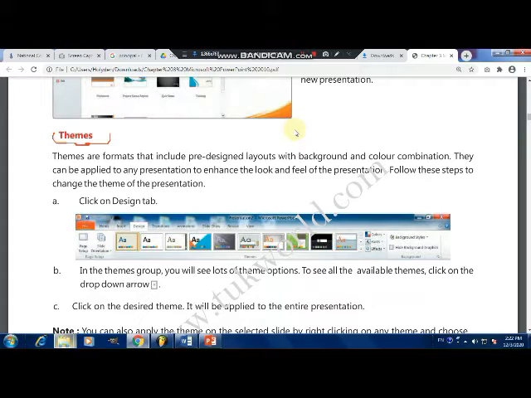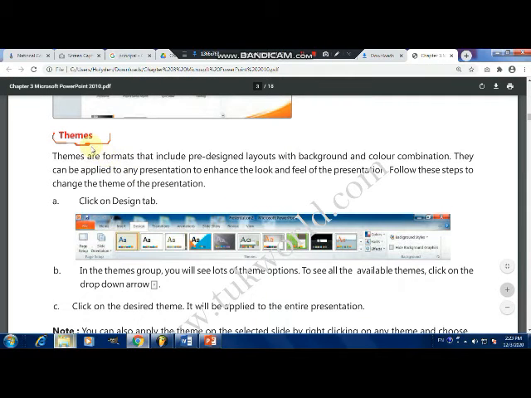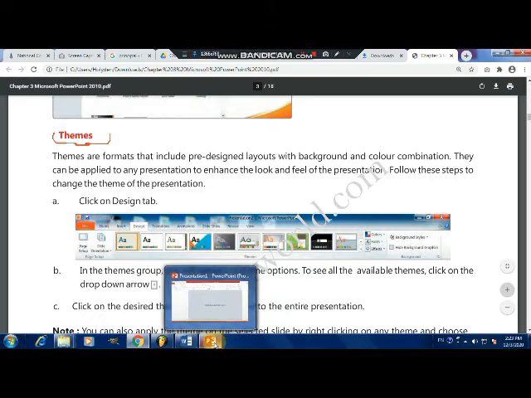Okay, because the themes and other effects, like color schemes, we use after inserting slides. So first we should know how to insert a slide, how to change its layout, how to insert a slide with a particular layout, how to insert a section, how to enter text, how to change its appearance, and at the end we are going to learn how to change the theme of the selected slide. Okay, so we are going to learn this point afterwards. So let's see first how to insert a new slide.